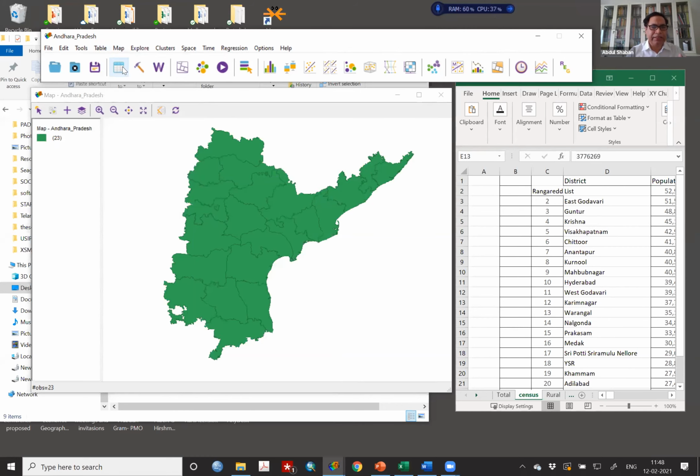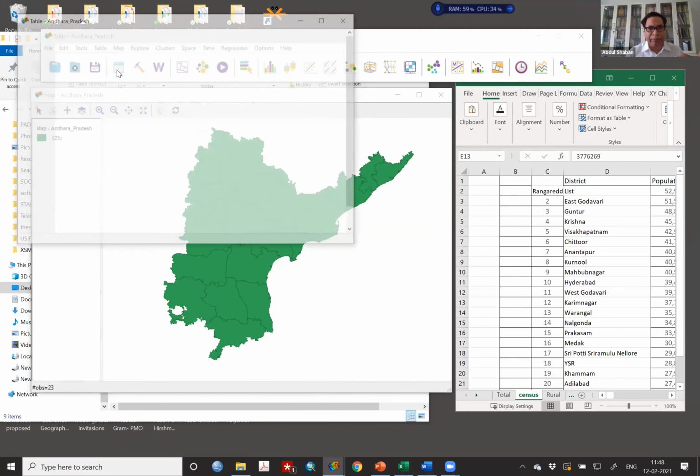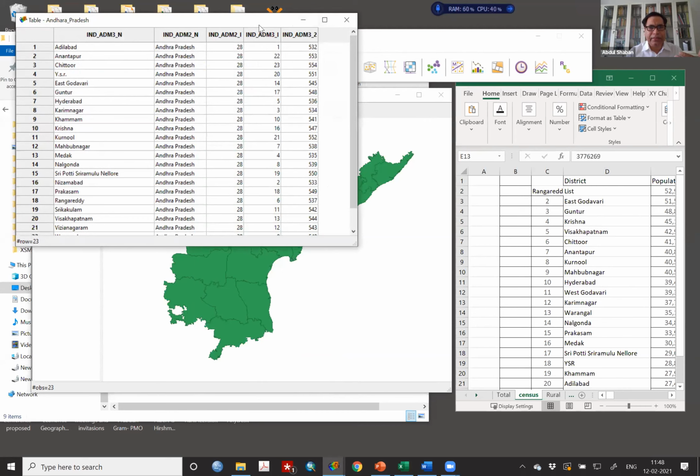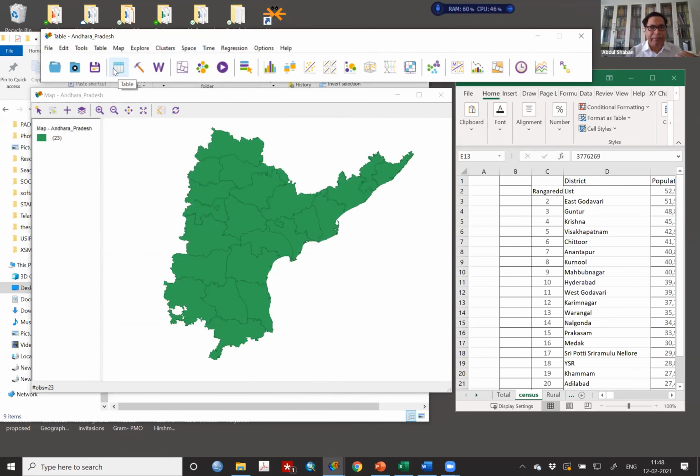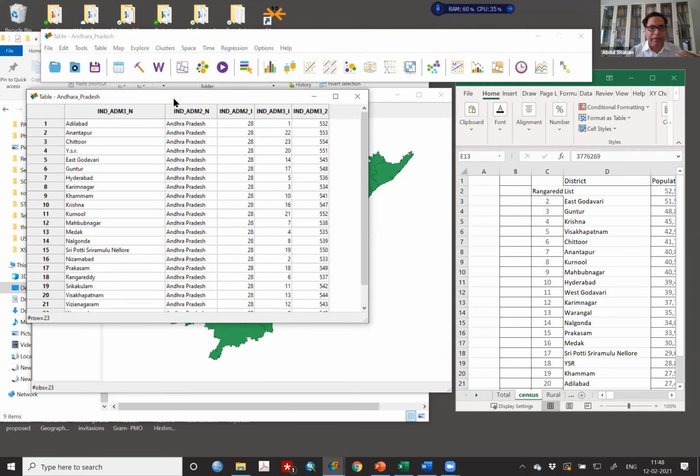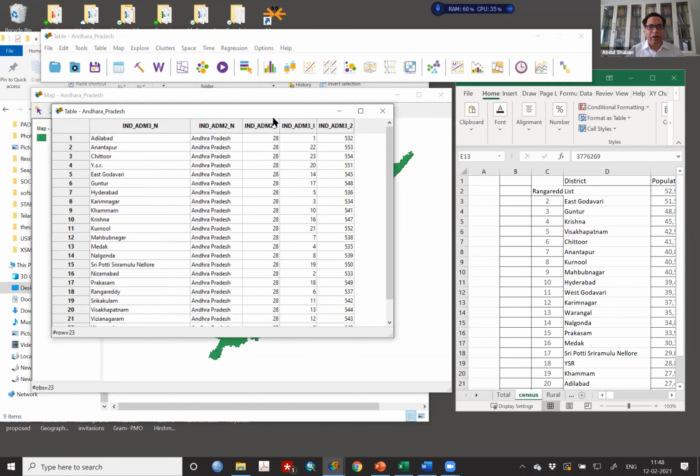But this is also available here. For example, save is available here, the table is available here. When you press this table button, the table box opens. For example, look, when I am pressing this, this has opened. Press this one and this will open. Now look, all the information is contained here.